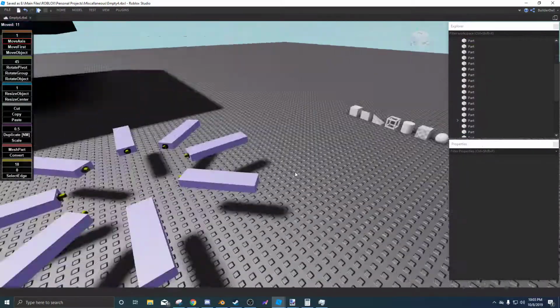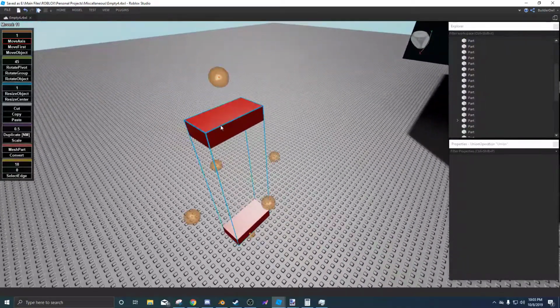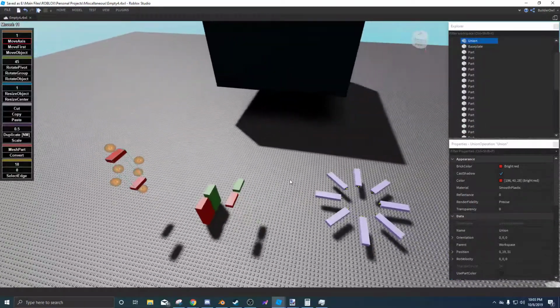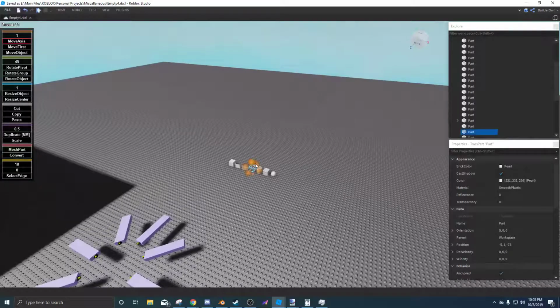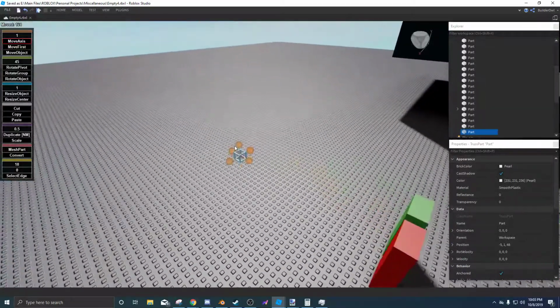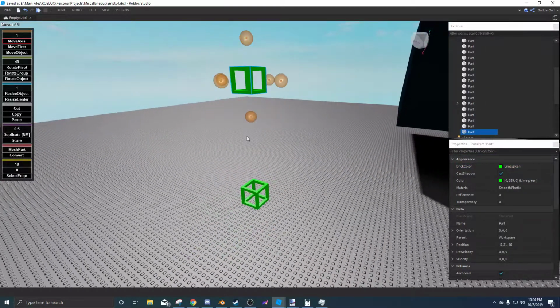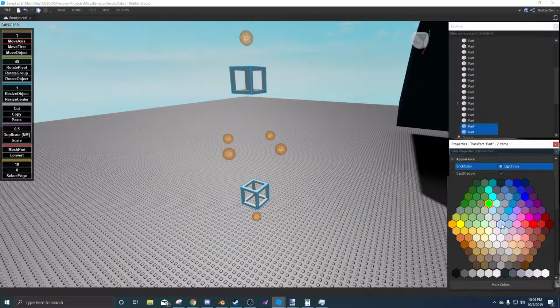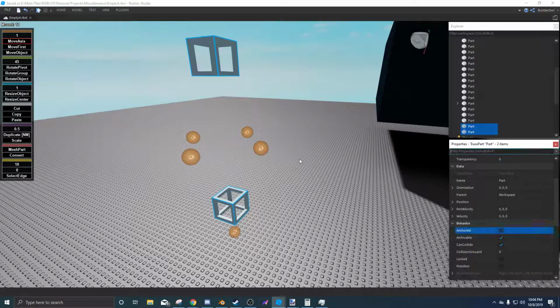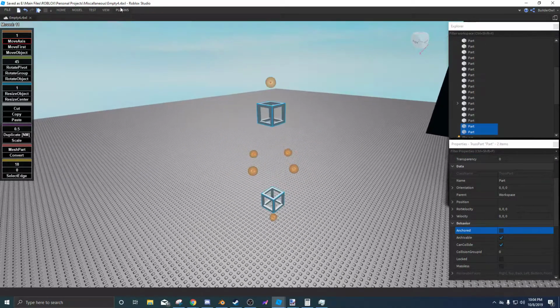This truss part, you can't union it. So actually, let's do it with that. It'll work with both, either or, tomato, whatever. But let's go over here, let's get the truss part, and let's color them to green. Or if green isn't your favorite color, let's go to blue. And let's unanchor these. Okay, so then what we're going to do is we're going to go over to this